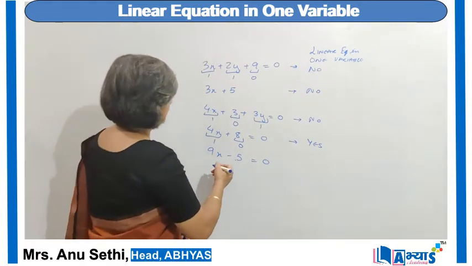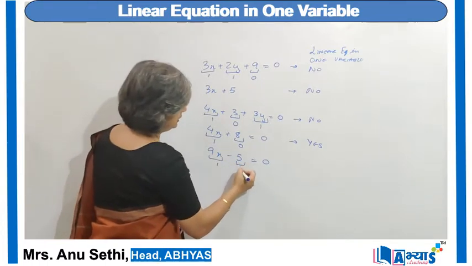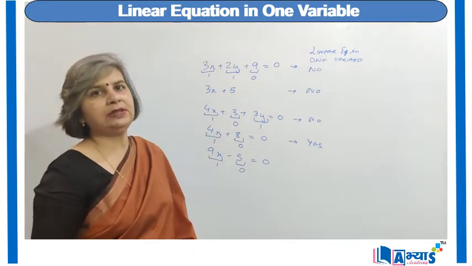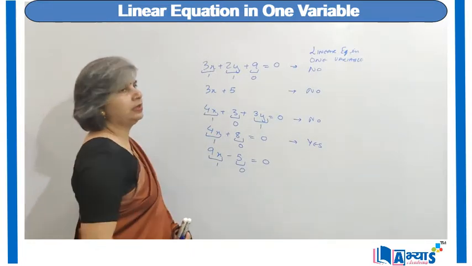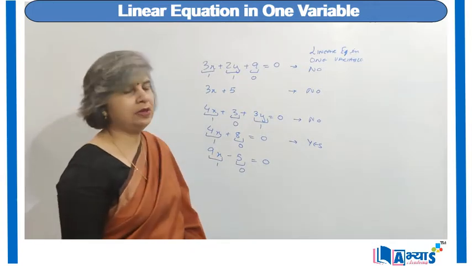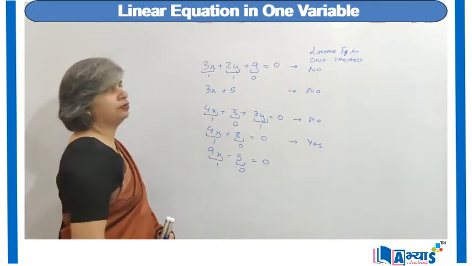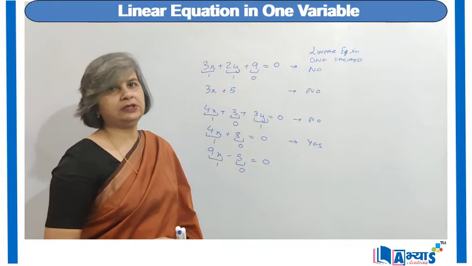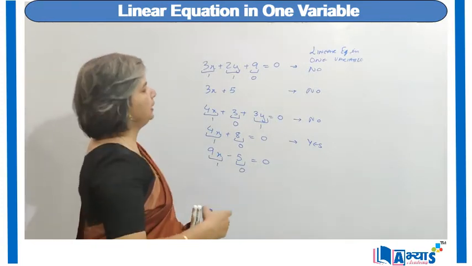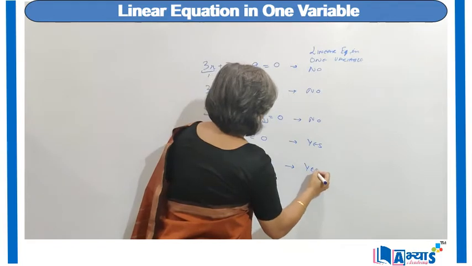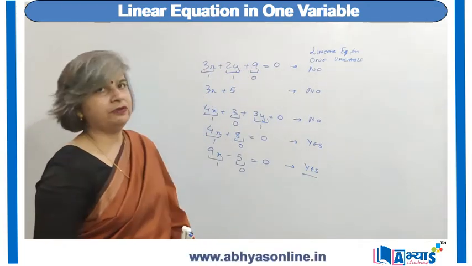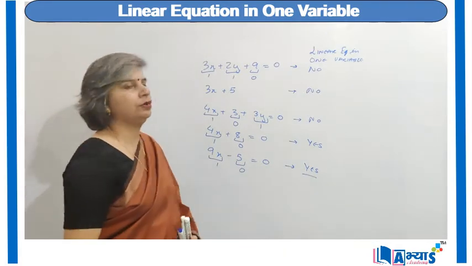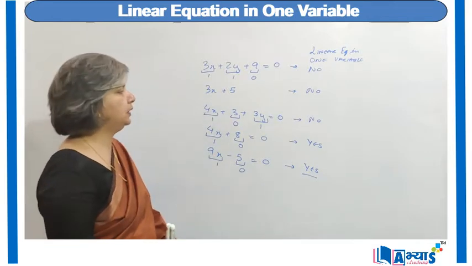Now let us take the last case. In this, one term is of degree 1, the other is of degree 0, and it has an equal to sign. So it is a linear equation because it is an equation and all the terms are of degree 1 or less than 1. But now we see that there is only one unknown, that is x. So this also satisfies all the conditions for a linear equation in one variable. So hence it is also an example of a linear equation in one variable. So the first, second, third are not examples of a linear equation in one variable. Moreover, the fourth and fifth are examples of a linear equation in one variable.